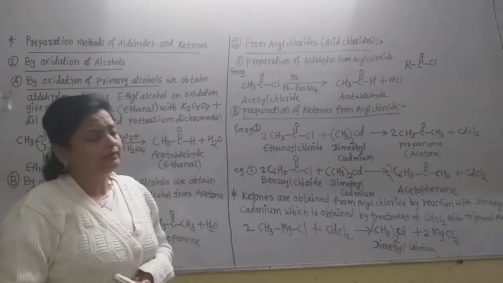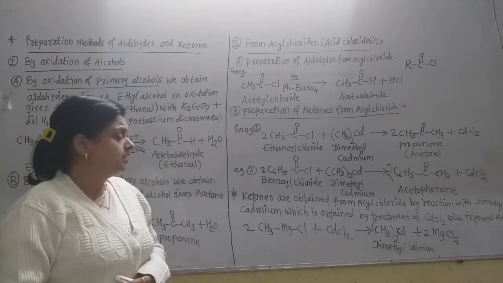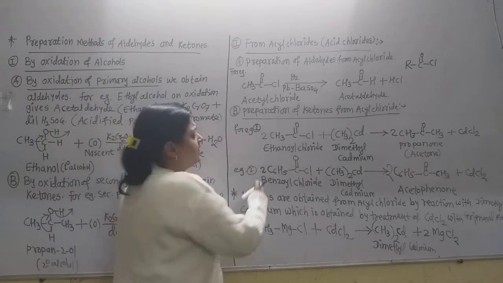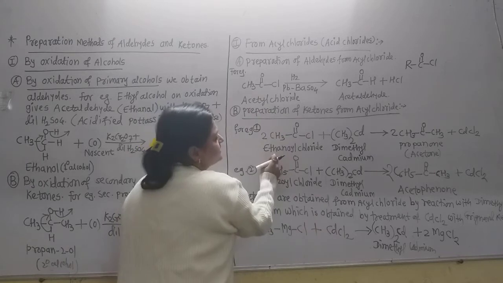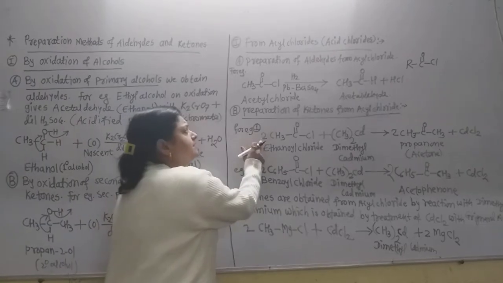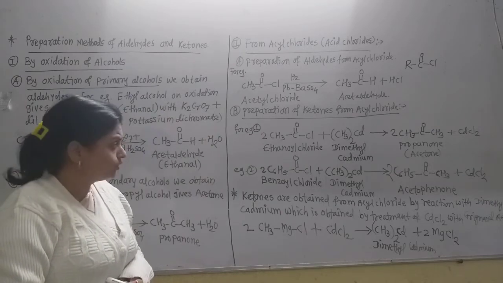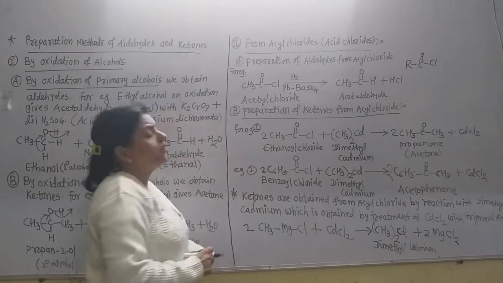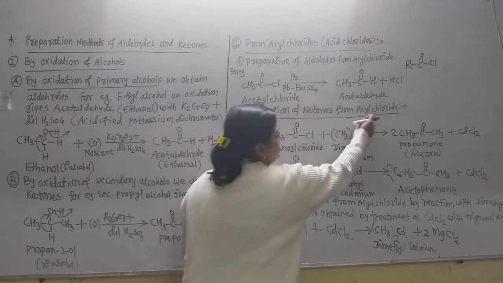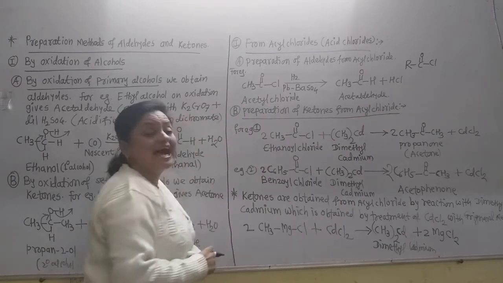If we want the general formula, that is R2Cd, the dialkyl cadmium; that is the general reaction we can also write. But here I take the example. Now this is ethanoyl chloride, that is acetyl chloride, same thing. But take two molecules here. For the aldehyde we take only one molecule of ethanoyl chloride, but here remember that two molecules of ethanoyl chloride are taken for the preparation of ketones, and a new reagent is required for the preparation of ketone, and the name of this reagent is dimethyl cadmium.